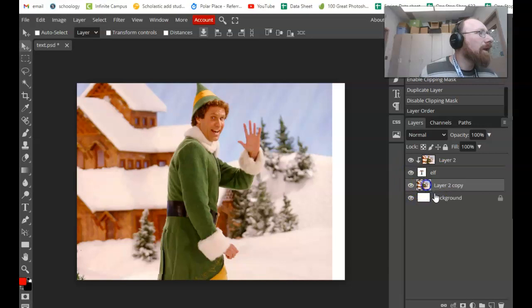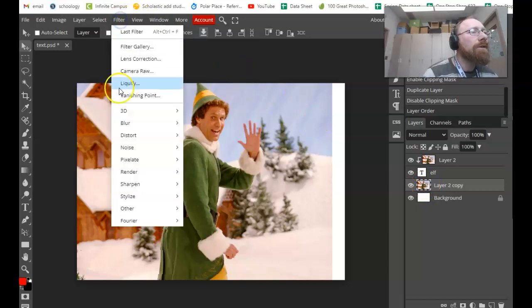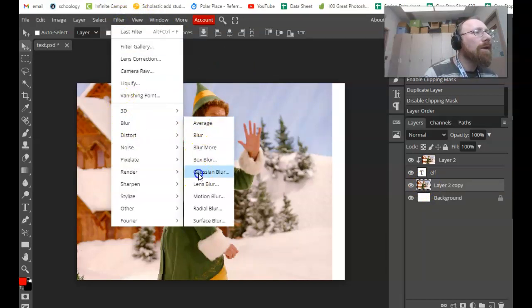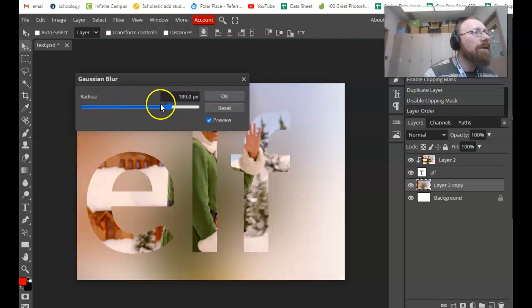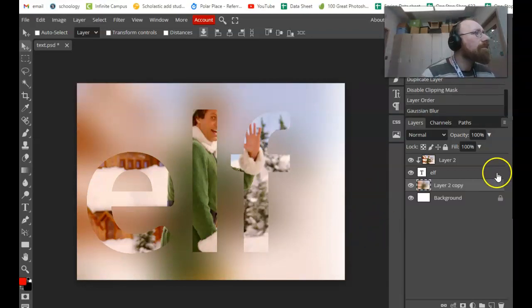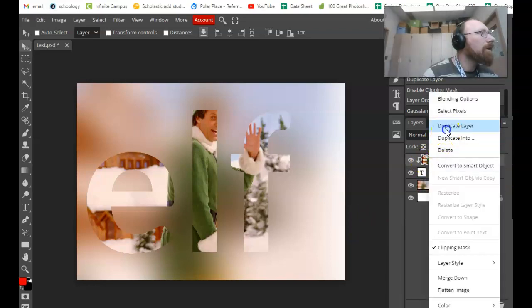Now it doesn't look like anything's changed. This is going to be one of my background layers, so I'm actually going to go to Filter, Blur, Gaussian Blur. I'm going to crank this up really high. Click OK. Now I'm going to duplicate layer 2 again. So right click, duplicate layer,